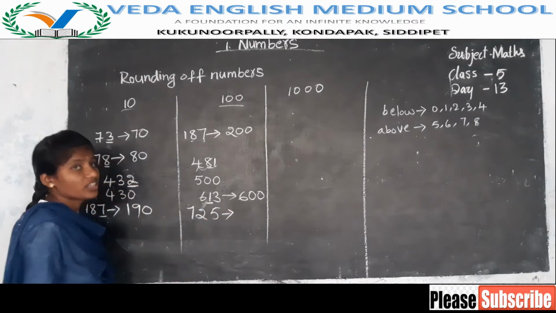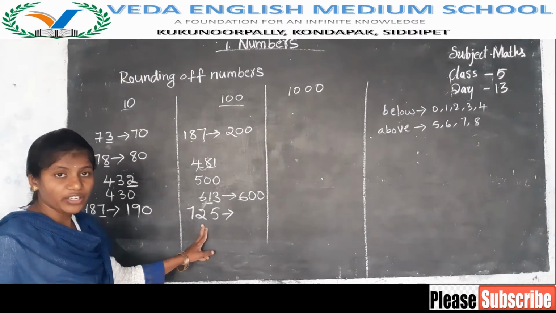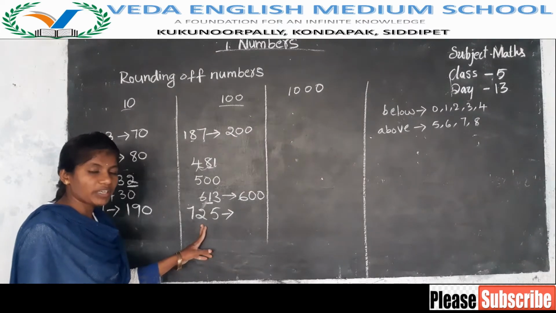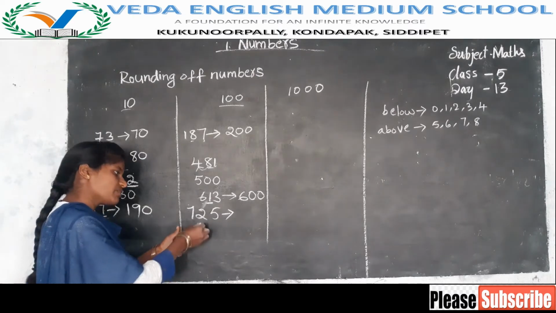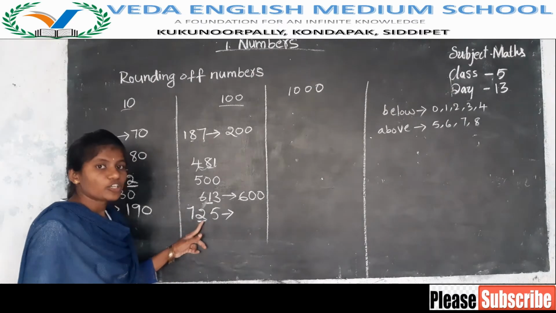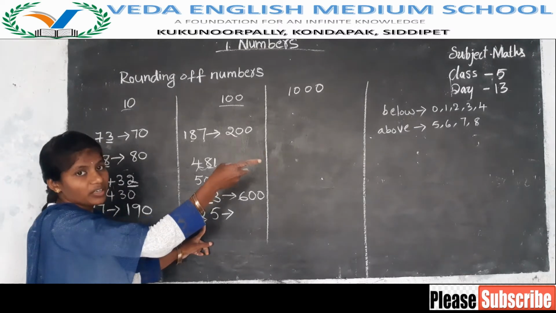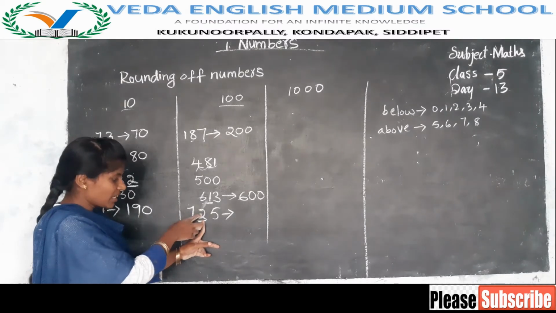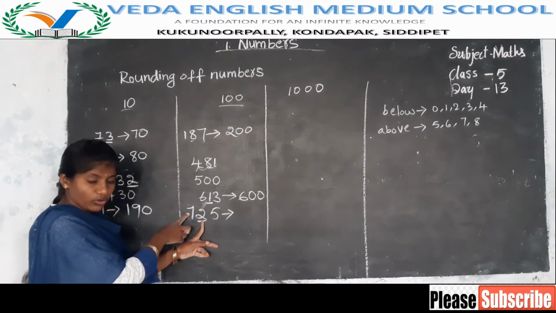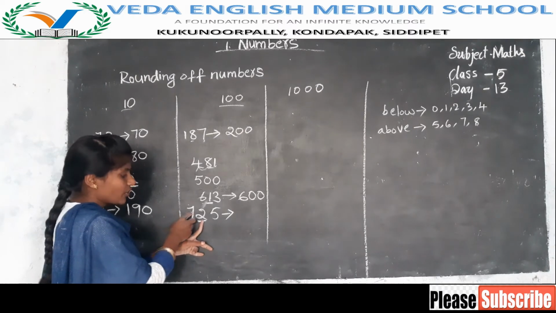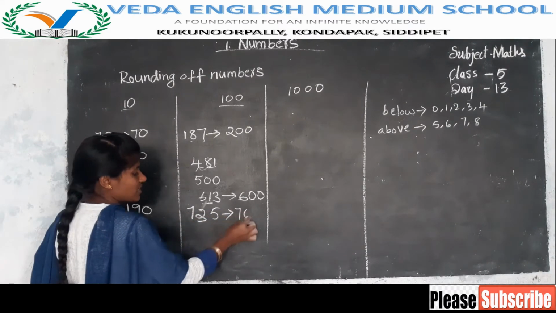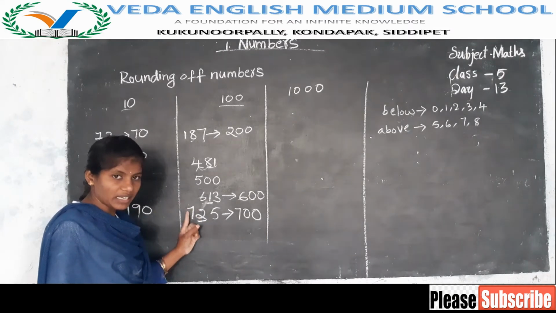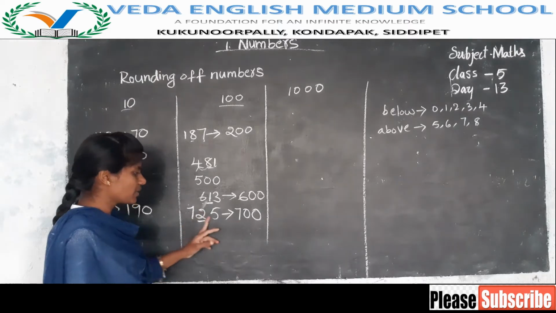725. Round up the following 725 to its nearest hundreds. Since it is nearest hundreds, which place value do we have to check? Tens place. What do you have in the tens place? 2. Is 2 above number or below number? Below number. If below number, what should we do? Do you have to increase the next number? No, there is no need to increase. You have to write the next number as it is and the remaining two places 0. Only if the number is above 5 do you increase the next number by 1 time. Below means there is nothing to do. You have to write the number as it is and the remaining two places are 0.